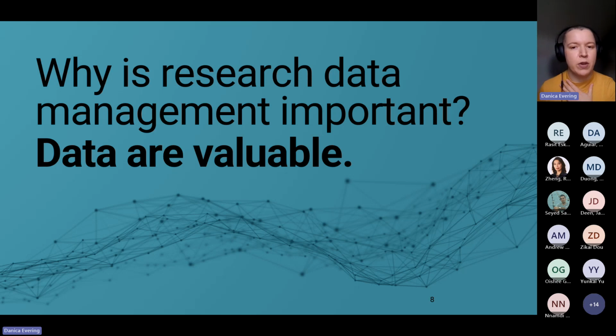We want to make sure that we store them correctly. In quantitative research, it can mean valuable for reproducibility, keeping the data from wearable technology safe from security threats. And then it could also mean that they're valuable to others, who are research participants who might want to see and work with our data set, or to other researchers.